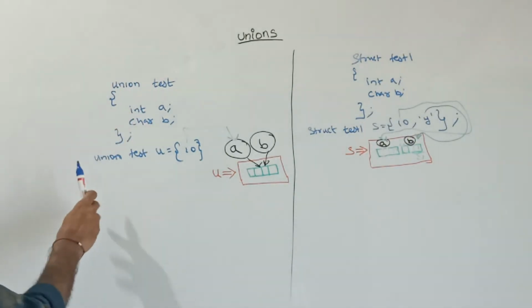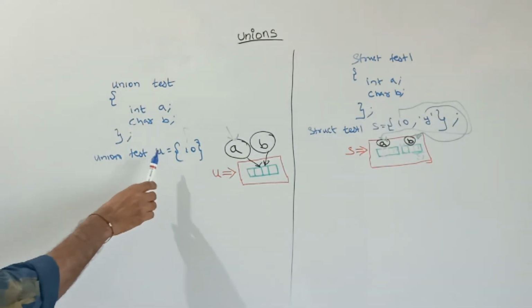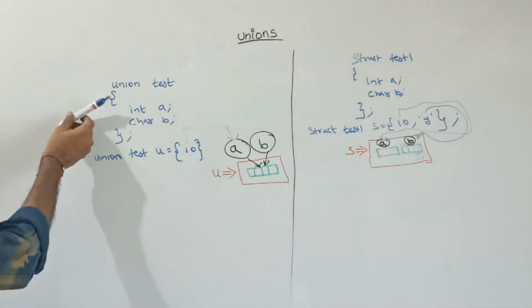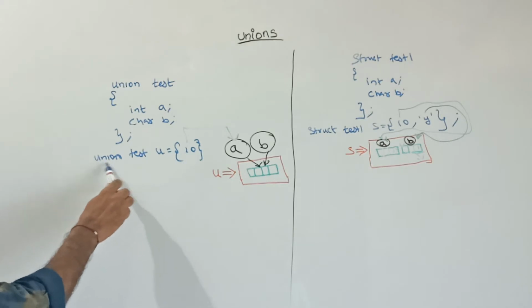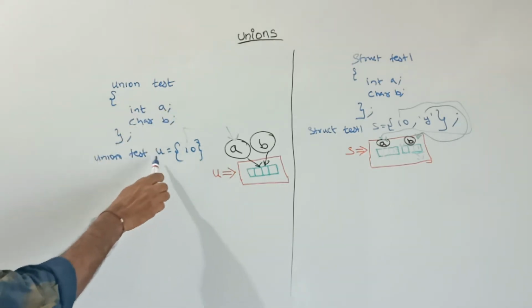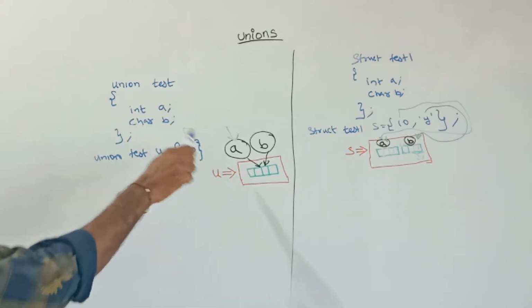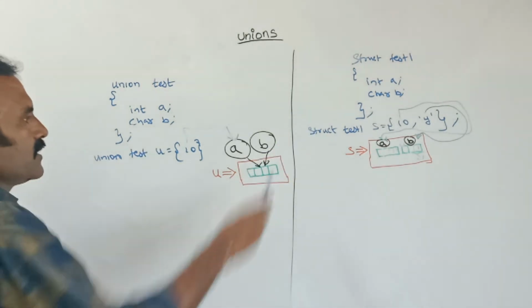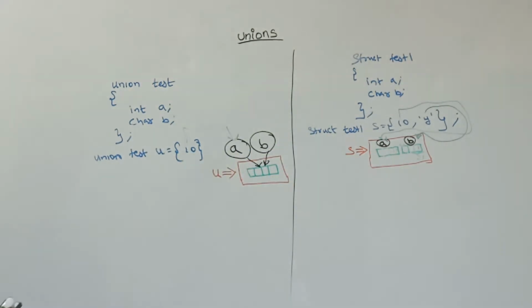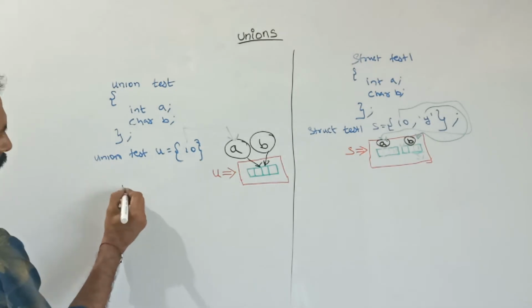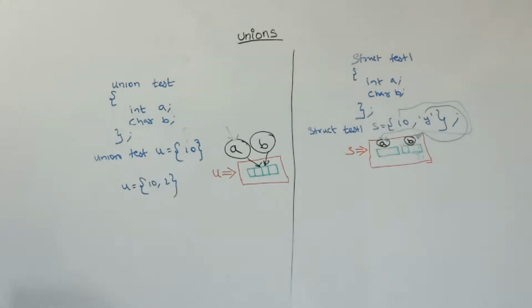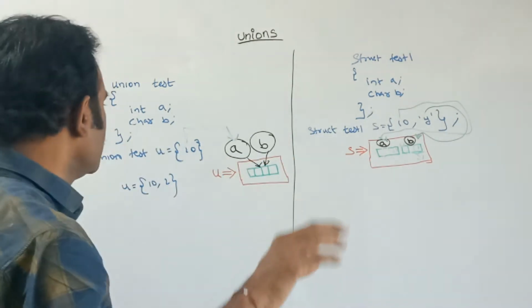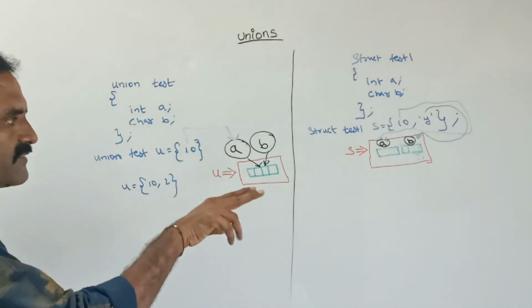In the same way for a union also. Suppose you want to initialize the value in the program outside of the union, here you should compulsorily use the union keyword. After that the union name, next the union variable name. After that, you can initialize the value. This is important. For example, suppose here I am giving values like this in a union. Suppose I am giving the values 10 and 2, then what will happen? For your understanding, the garbage value will come.